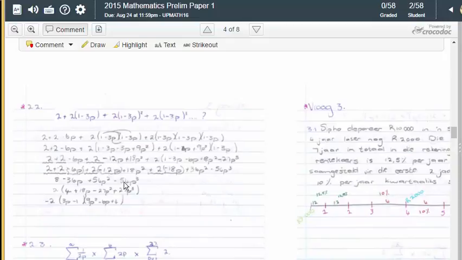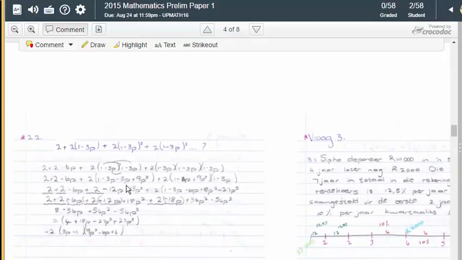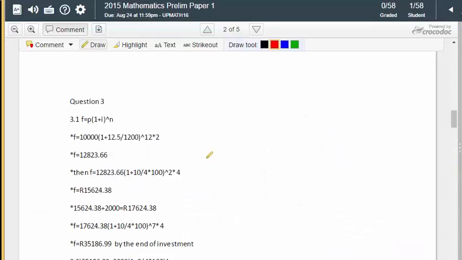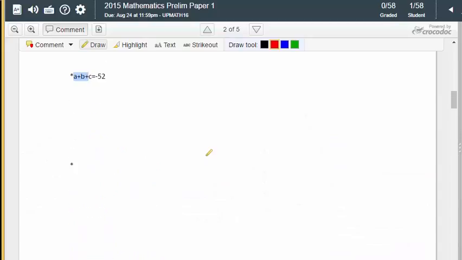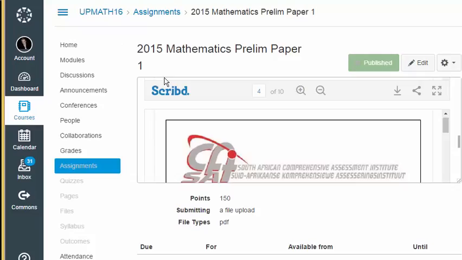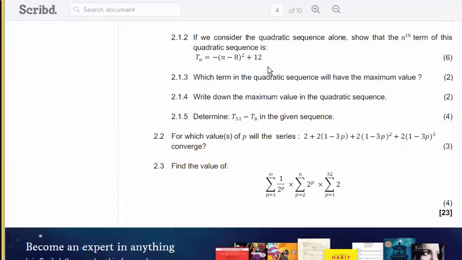Okay, multiplying out and going crazy. I didn't even attempt it. Okay,